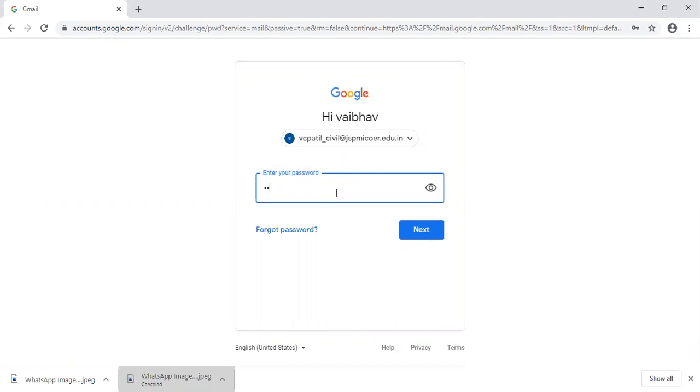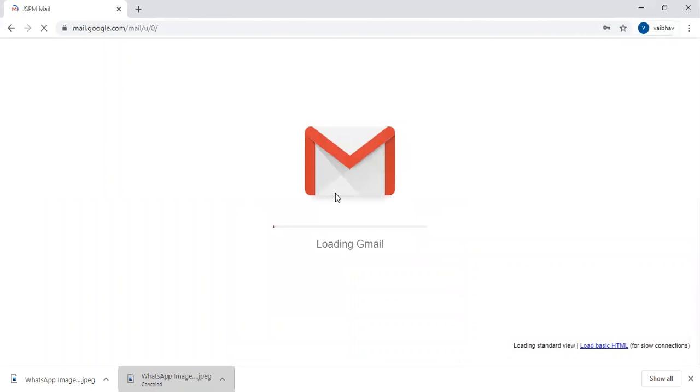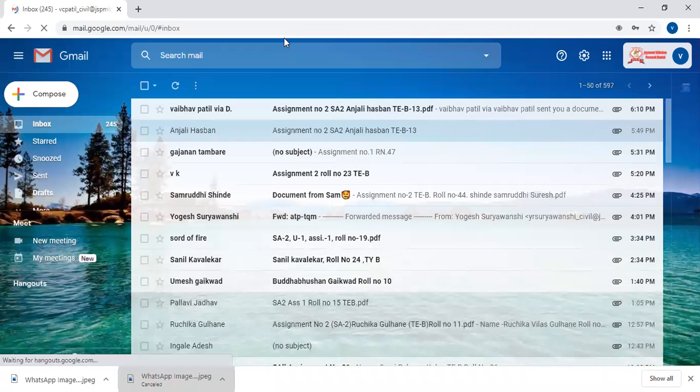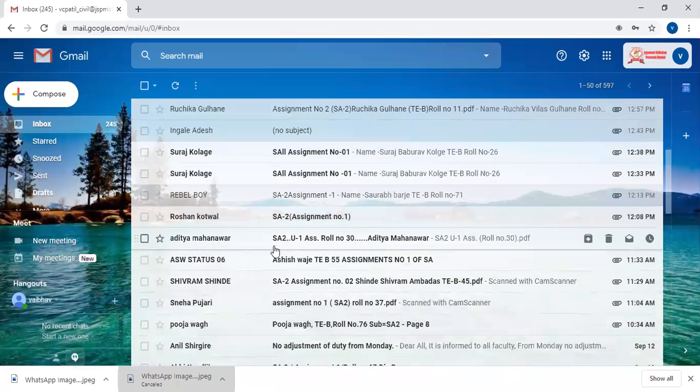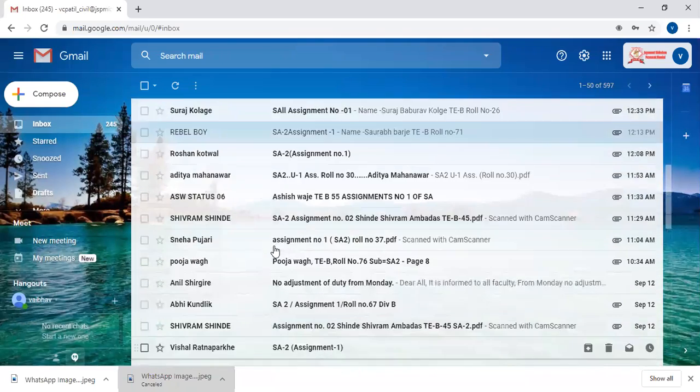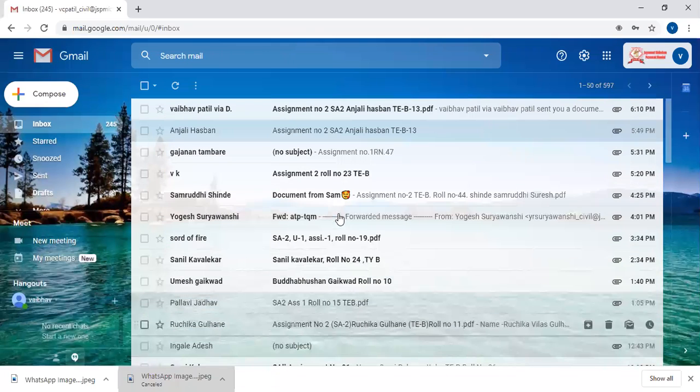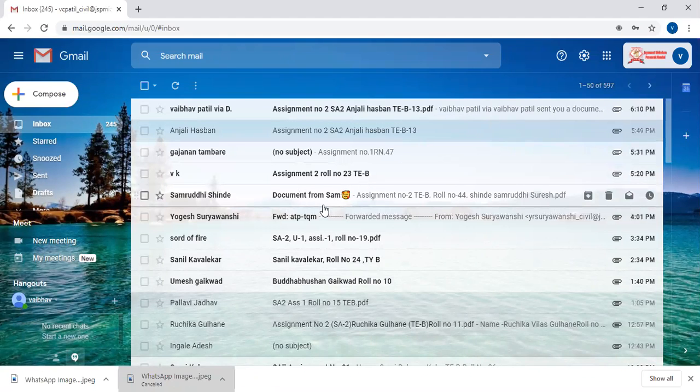A number of students have submitted their PDF of assignment to my official email ID of JSPM. Then I want to access all these PDF files on an online platform.